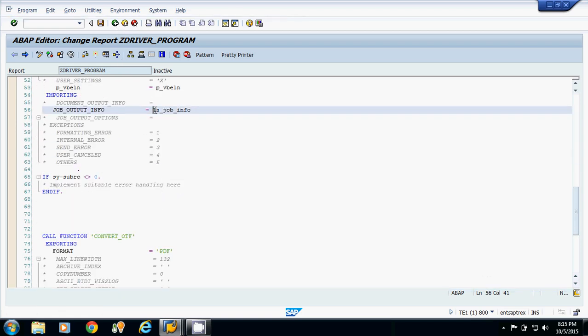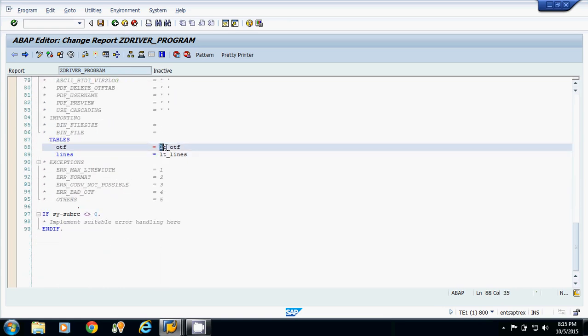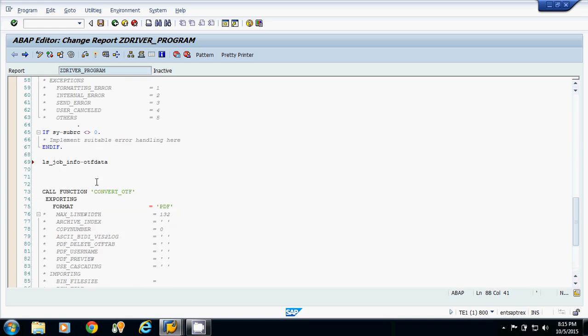So our ls_job_info OTF data, now I am moving it to which parameter? This is the parameter of the function module. So I am transferring the OTF to the corresponding internal table.